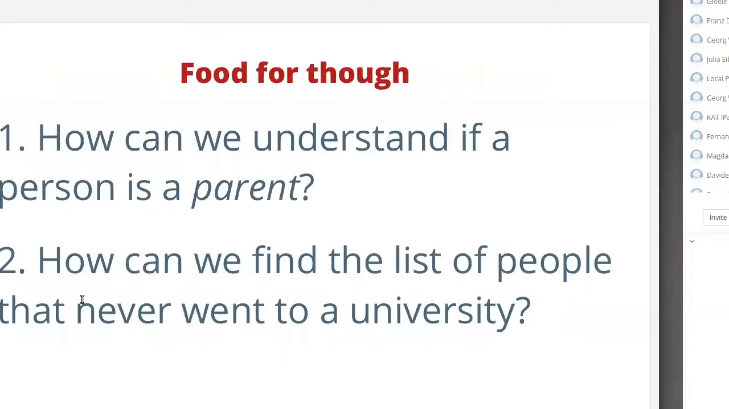Now, before we leave ER, I would like you to think for a second about the following thing. How can we know or understand if a certain entity that is stored as a person is also a parent? There is nowhere in this model the concept of a parent. However, we do have this concept of a parent. How do we